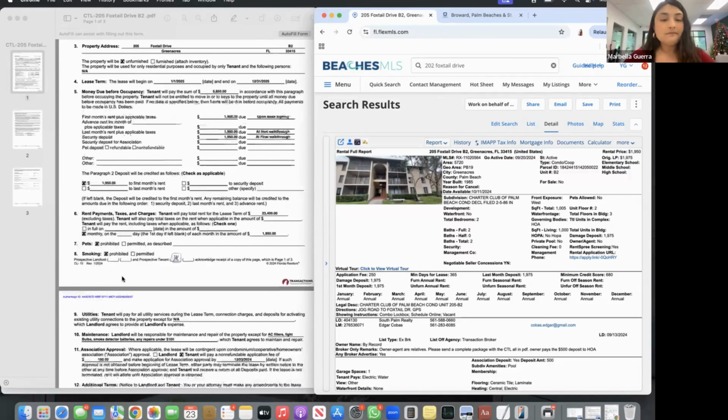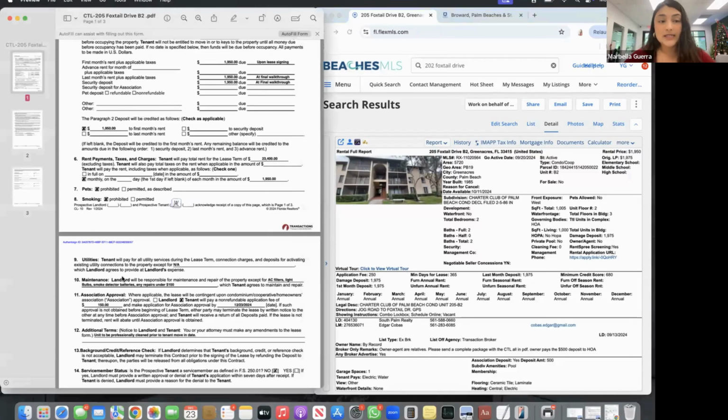Okay. Now, if we move on to paragraph 6, there's a section called rent payments, taxes, and charges. So this section has you list out the total amount that the tenant will be paying throughout the entire term of the lease. If it's a seasonal rental, for example a 6-month rental, you would multiply the rental amount by the amount of months, and then that would give you the lease